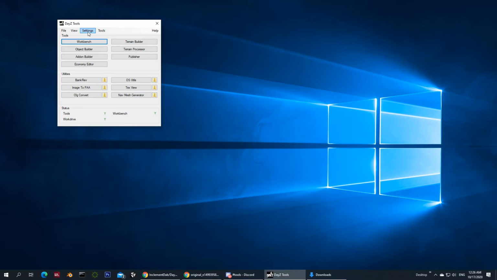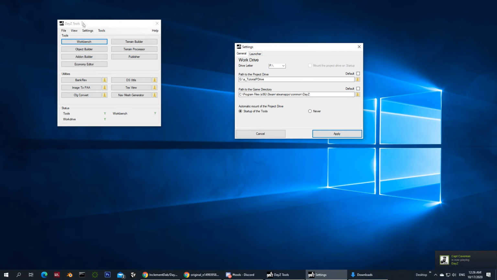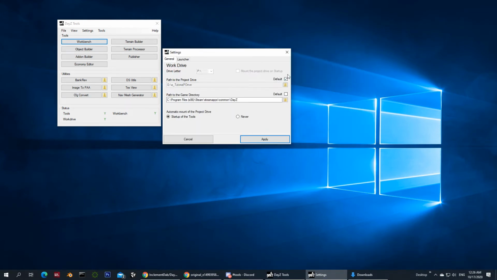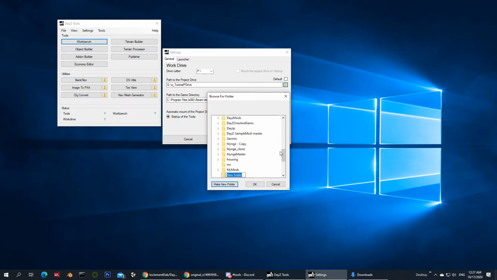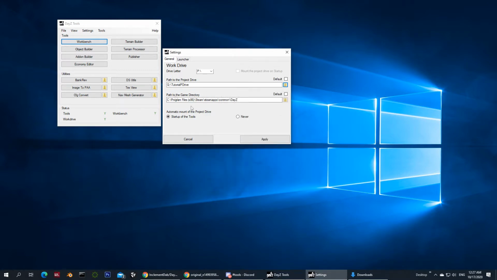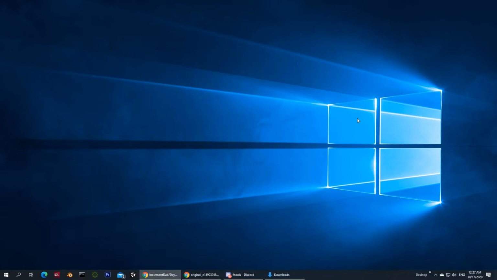So let's get started. Initially, we make the P drive by going into the DayZ toolbox. There you go to settings. In settings, you have to make sure that this box is unticked. Then you can choose where you want to create your P drive. In this case, I will make a tutorial P drive folder that's on my G drive. And I will apply that as my new empty P drive.